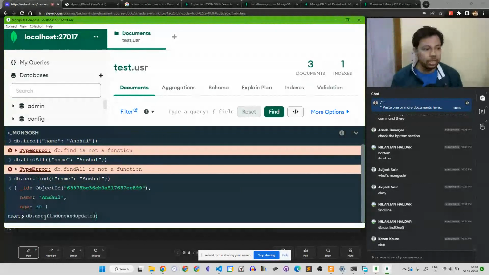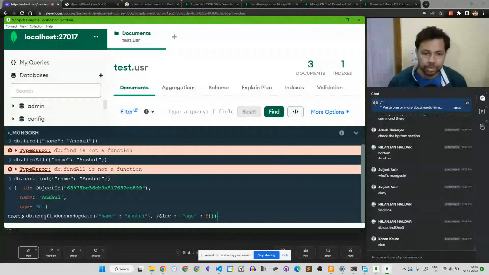I can define what I want to find. So I want to find a user with the name as Anshul, and then I want to update. I want to increment the age of this user by 5.